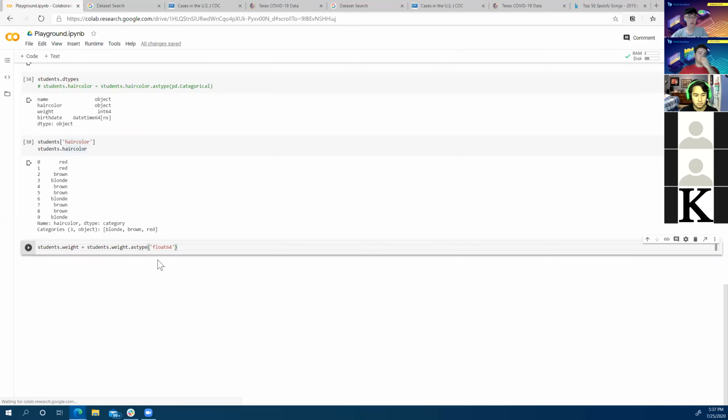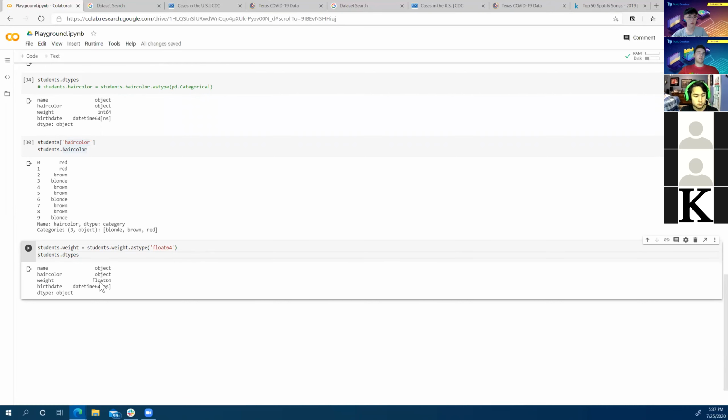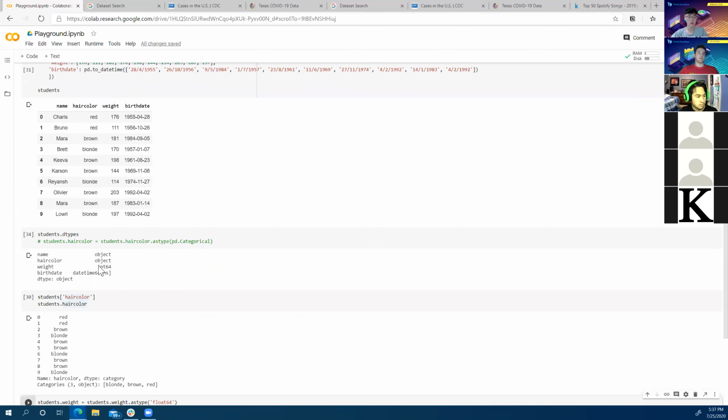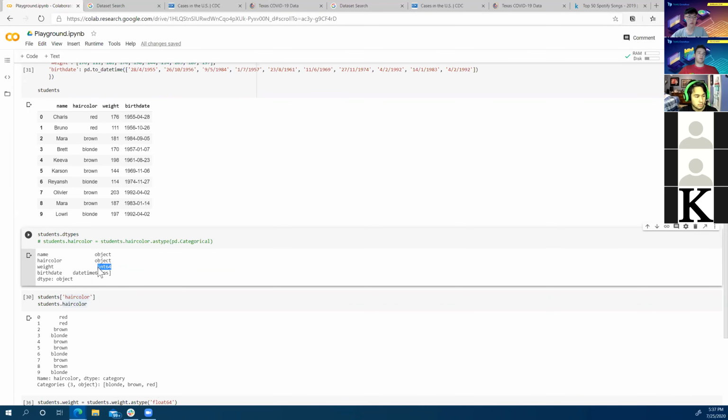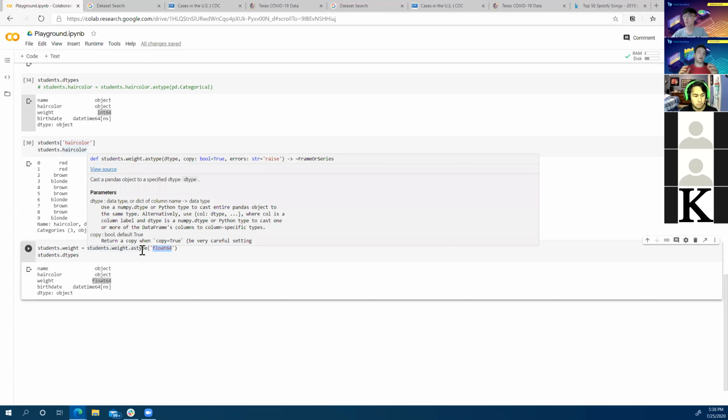And in this case, what this does, if I were to print out students.dtypes, we can see that we changed the weight column from an int 64, which was what it was up here. So the weight column held 64-bit integers and now holds 64-bit floating point numbers or decimal numbers. So that's an example of how to convert a column in your data frame into a different type.